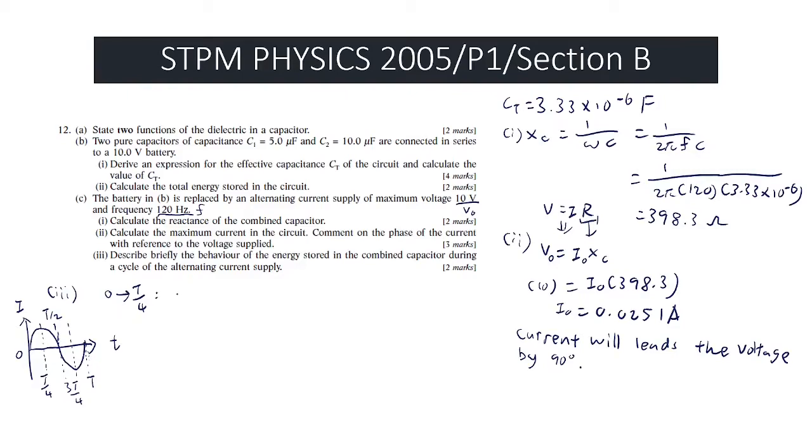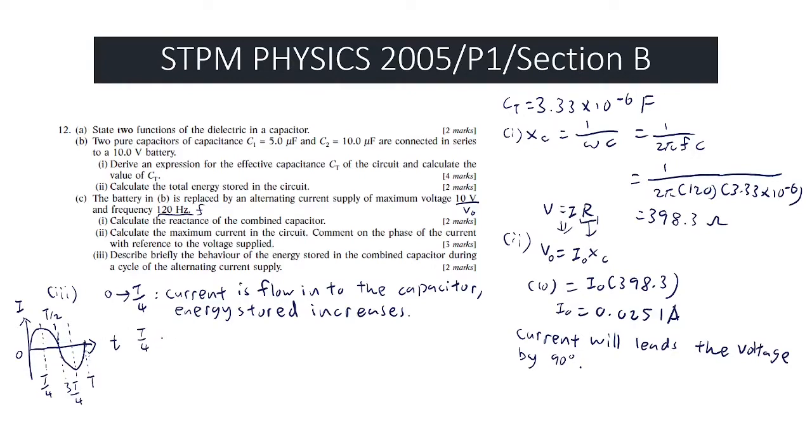This will give us the current going into the capacitor. So the energy stored increases, and the second part, this T over 4 going to the